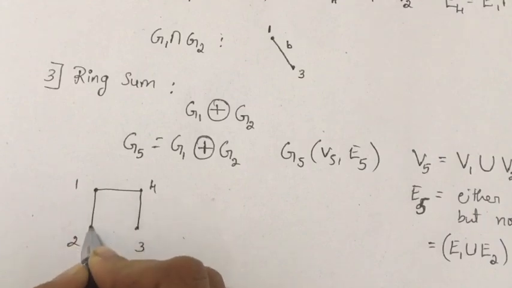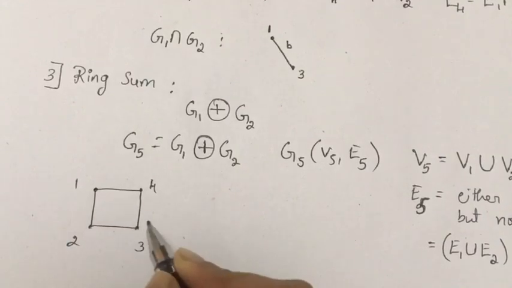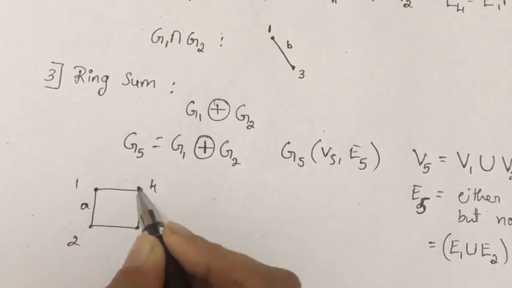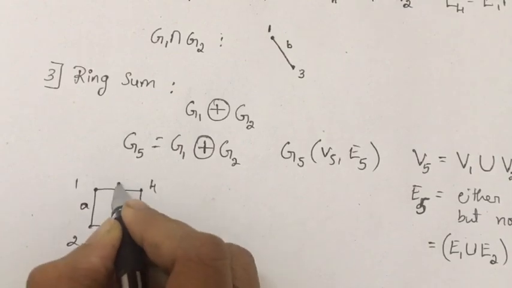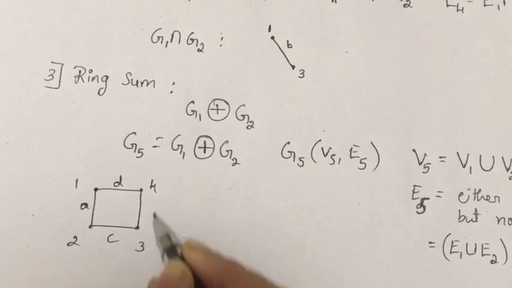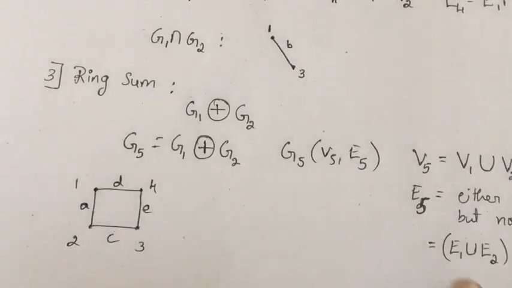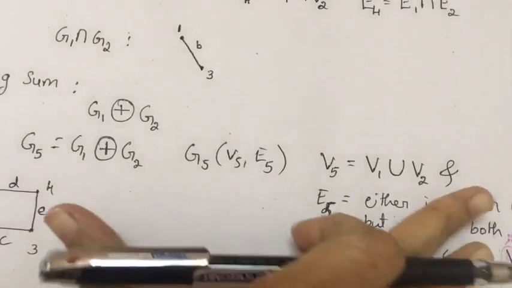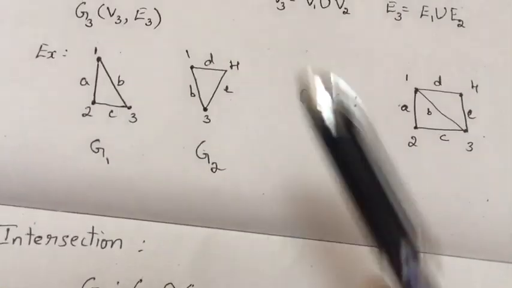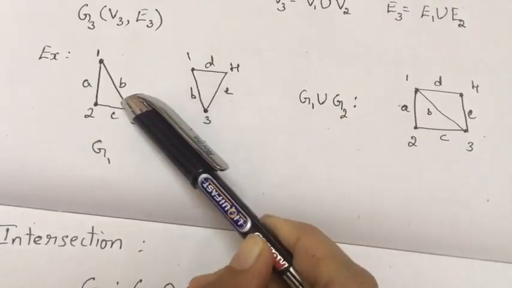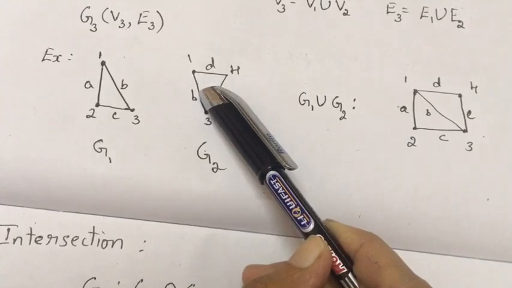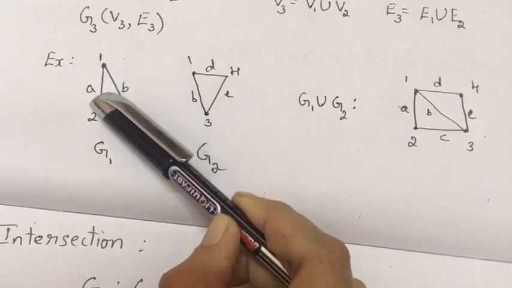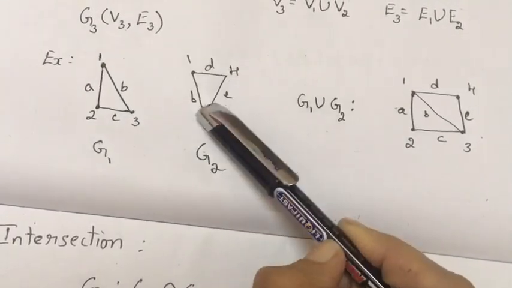So this will be my G1 ringsum G2. It has the edges A, D, C and E. I just have to remove the edge which is in both G1 and G2, that is edge B. It is in both G1 and G2, so I have to remove that. Then I have to write A, C and E and D. So that I'll get